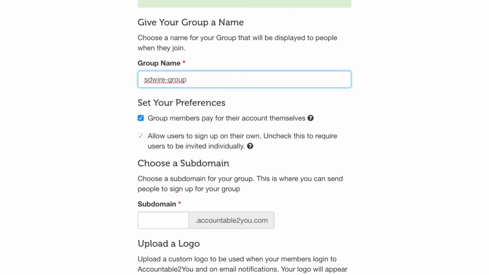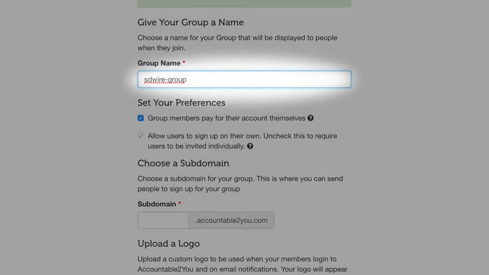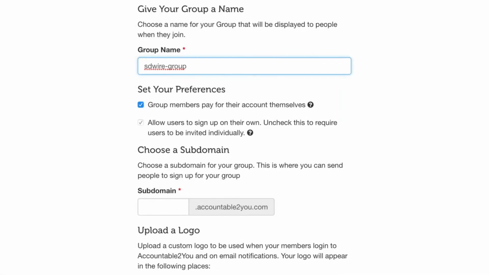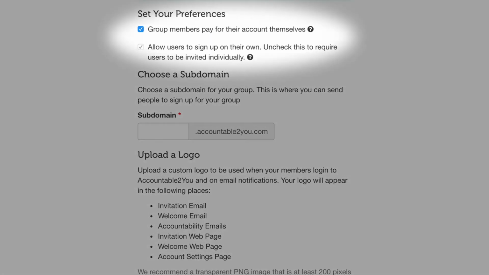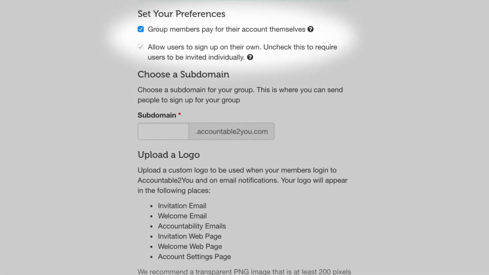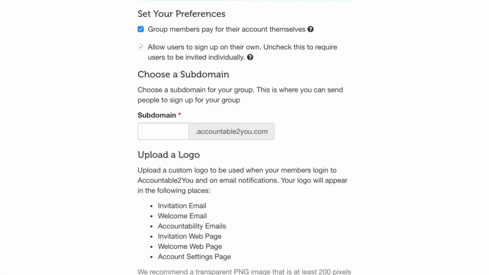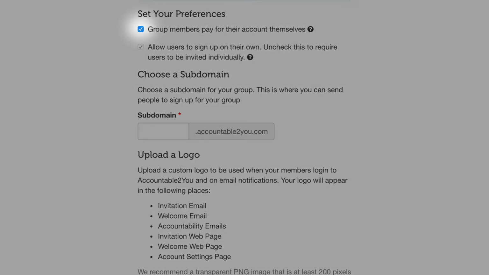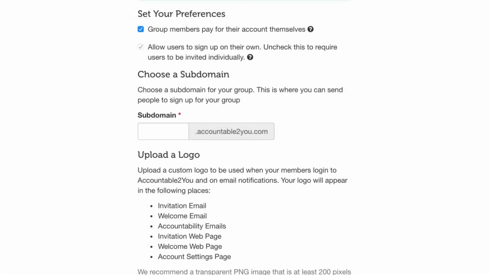Here's where you can customize the emails and website experience for the members of your group. Give your group a friendly name if you don't want it to be the same as your login. Here you'll choose how members join your group and who pays for them. At the time of this recording, the options here are a bit confusing. You'll always pay the base fee each month for the main group account. If you want people to be able to self-enroll and you want self-enrolling members to pay for their own account, check this checkbox. Understand that this option does not affect members that you add to the group. You'll decide who pays for those when you send the invitation.